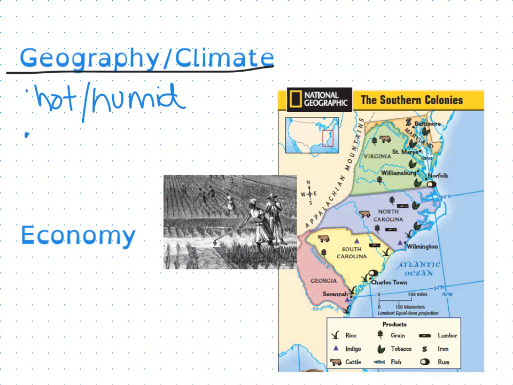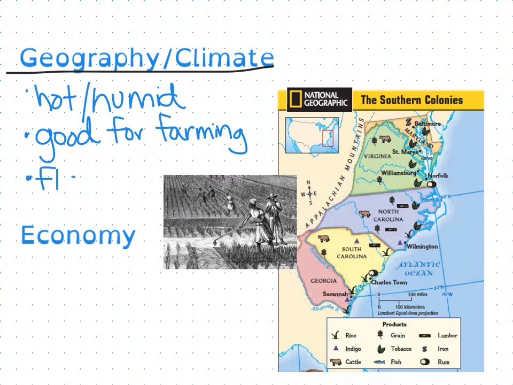What that meant though was that it was good for farming. Okay. That hot and humid climate is really good for farming. Outside of farming, they did have ports for trading, but they also had flat land, which helped them farm as well. So flat land, again, helped them farm, but then they had ports